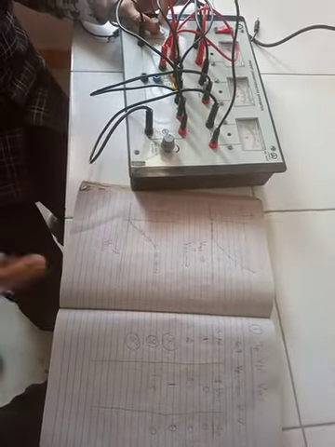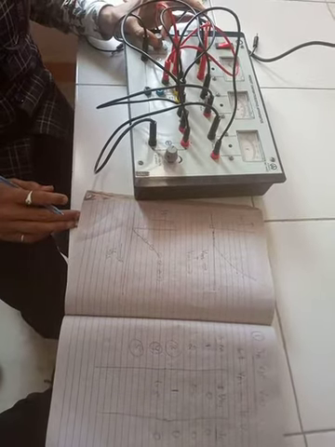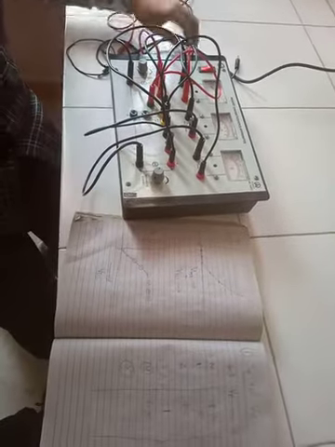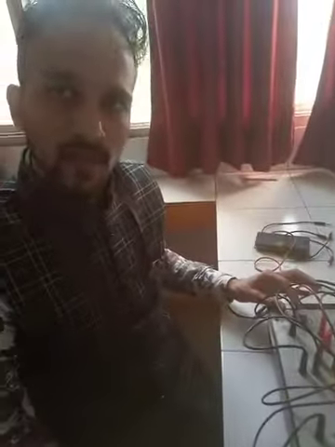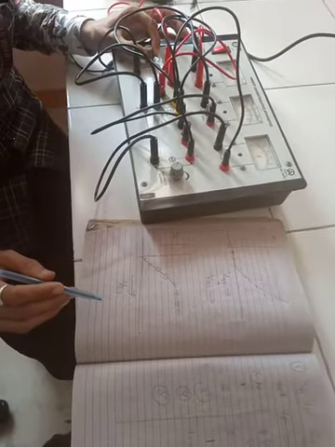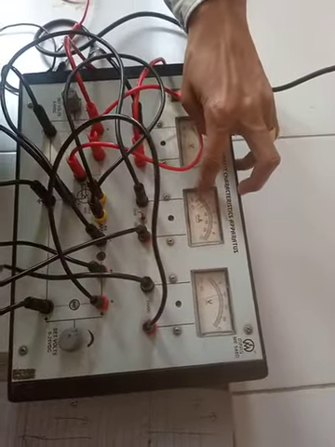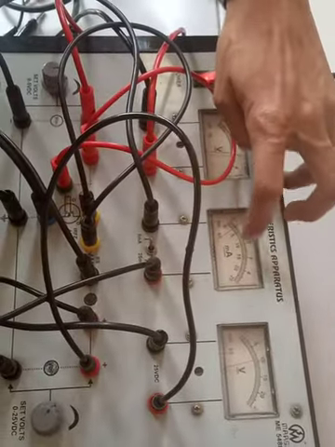Now to draw the characteristics quickly, I use the higher values. Till 1.5 volt there is 0 current. Now I will increase again. When I go to 3 volt, the current increases, it will be at 7. Each line is 0.1, so that is 0.7 milliampere.